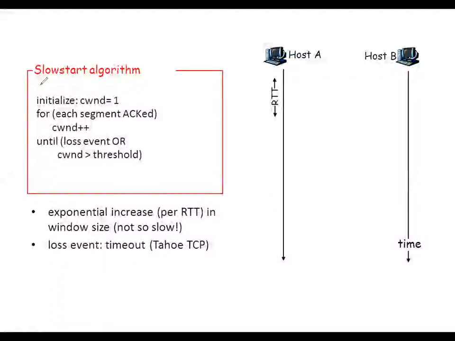Slow start does not mean that the rate of data transmission is slow. It only means that the initial window size of sender is only 1 MSS. That is, sender is going to start by sending only 1 segment, but for each acknowledgement it will be receiving, its congestion window size will be increased by 1. So that means the increase will be exponential, and this will continue until the window size reaches the threshold. Now how this threshold will be calculated, that we will see in the subsequent slides. This algorithm we are discussing is the first type of TCP congestion control algorithm, that is Tahoe.